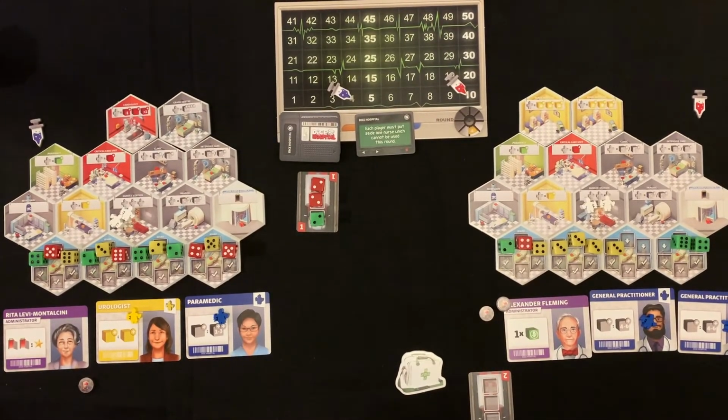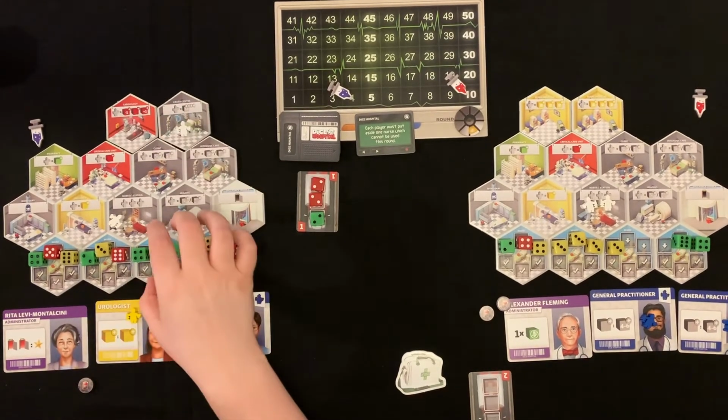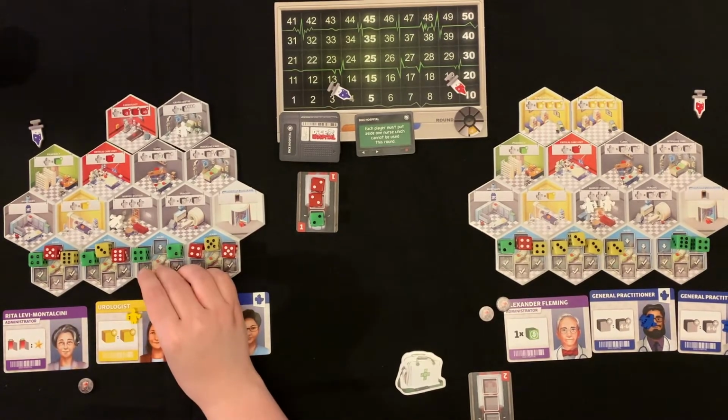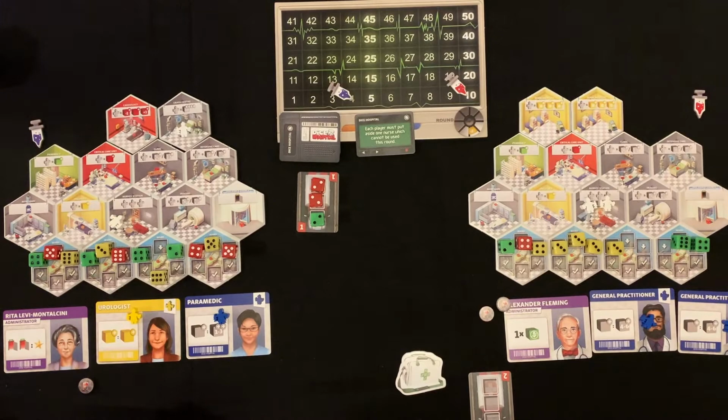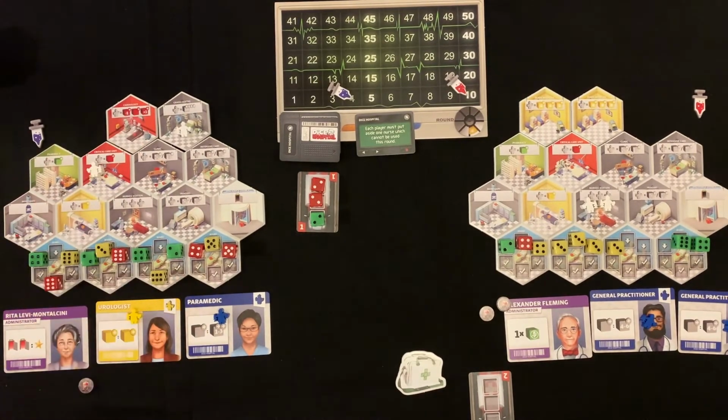So let's see, what can we do here? First off, I'm going to send one of my nurses to the cross center. This 2 is going to be increased to a 6. Okay. Next thing, this other nurse is going to go here and make that a 6. Then I'm going to